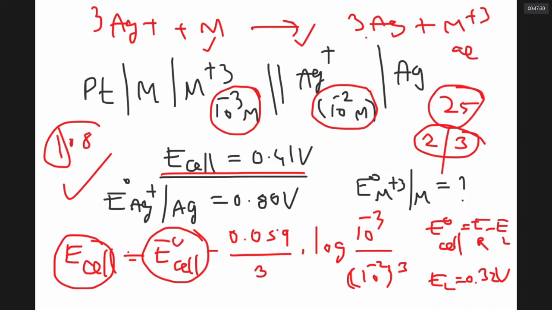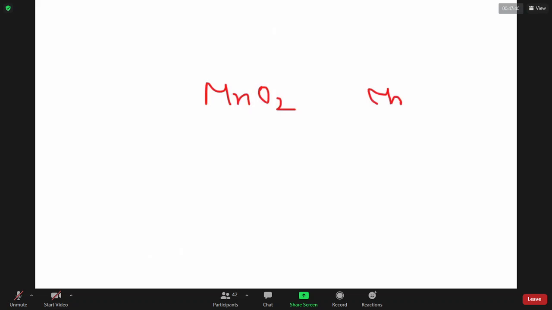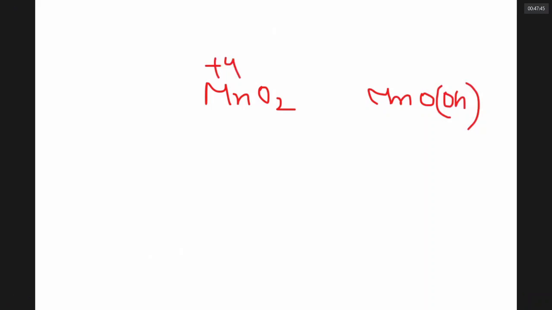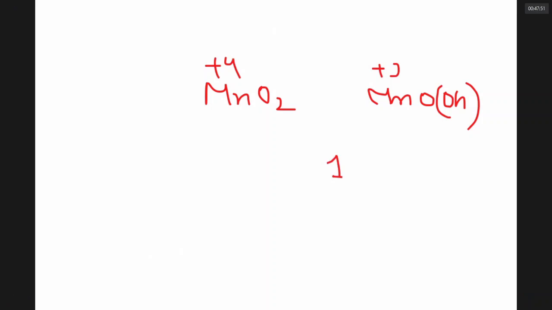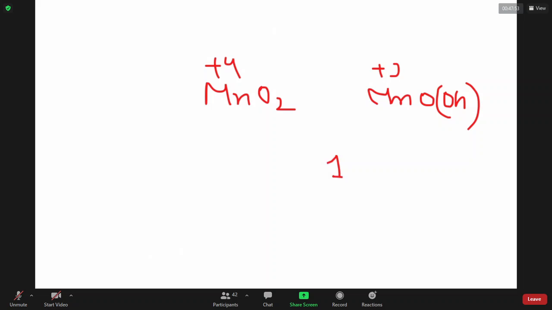A fuel cell continues to work as long as there is a continuous supply of fuel. That's all over. In a battery, what is the change in the oxidation state of manganese? In a dry cell, manganese, which is taken as MnO2, will become MnOOH. That is +4 will become +3. The change in the oxidation state is only 1 unit. All these questions take no time.